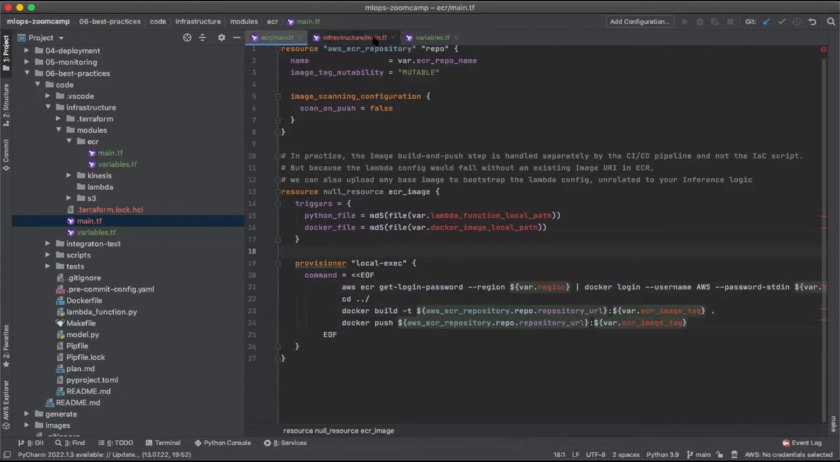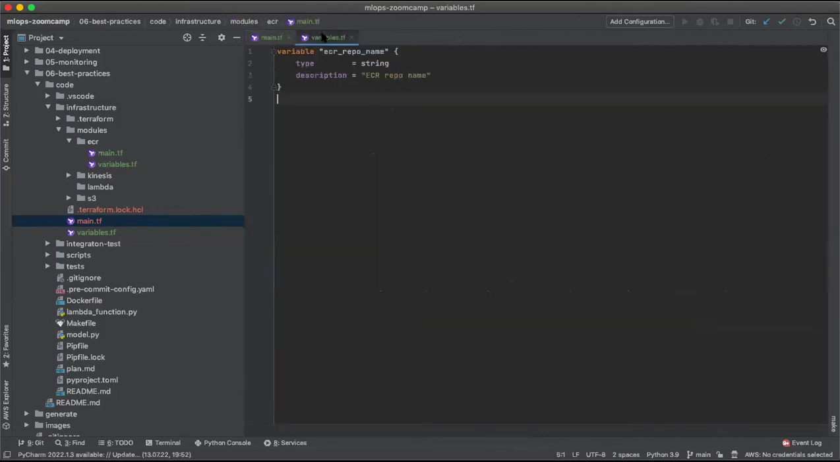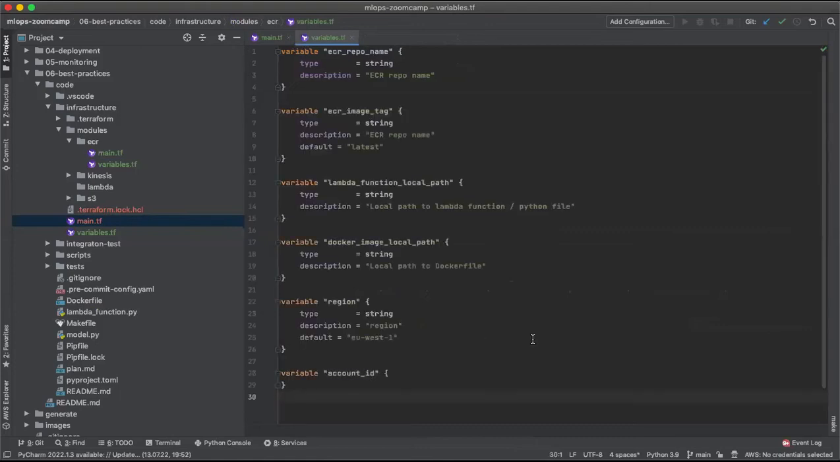Okay, so let's define the variables for these. Okay, it all looks fine. We've kept the account ID as blank here because we are directly going to pass the data source. Okay, now let's go back to